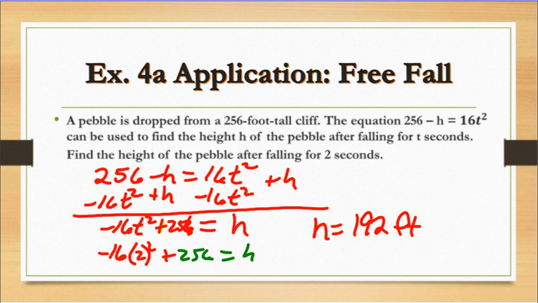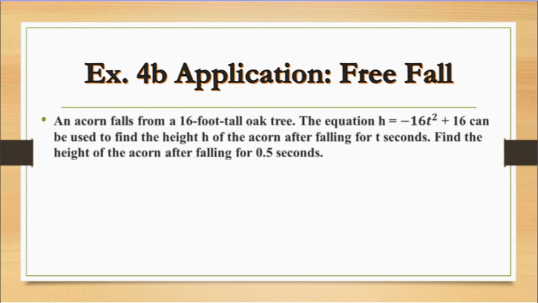And our last one. An acorn falls from a 16-foot tall oak tree. The equation h equals negative 16t squared plus 16 can be used to find the height h of the acorn after falling for t seconds. Find the height of the acorn after falling for 0.5 seconds. So I need to put in 0.5 for t. So I have negative 16 times 0.5 squared